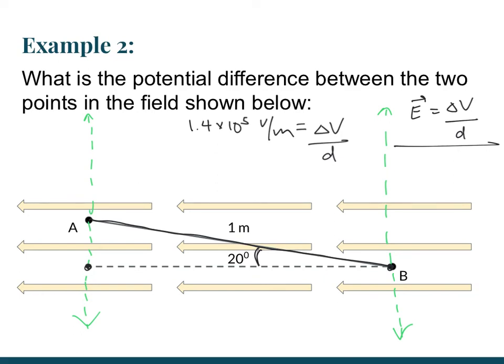So this side is the adjacent, and we have the hypotenuse, which means we're going to use cosine. Cosine of 20 degrees equals adjacent, which is what we're looking for, over hypotenuse, which is 1, which makes that distance D